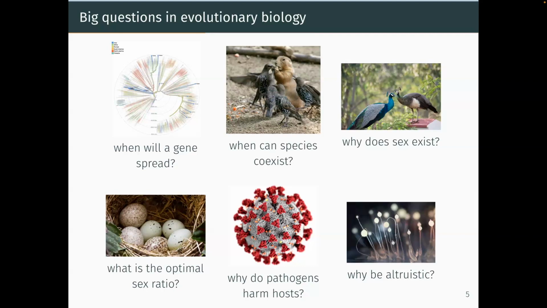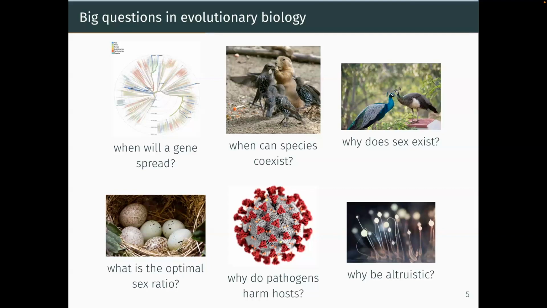And that leads me on to the question, why would it be a twofold cost? Well, what is the optimal sex ratio? Typically most populations, but not all, have roughly equal numbers of males and females. Why is that the case? Again, if females are able to bear their offspring, and we have many species where, say, males may have a harem, so they can mate with many females, why shouldn't there just be more females than males? Why do we end up with loads of males that don't end up mating with anyone? Okay.